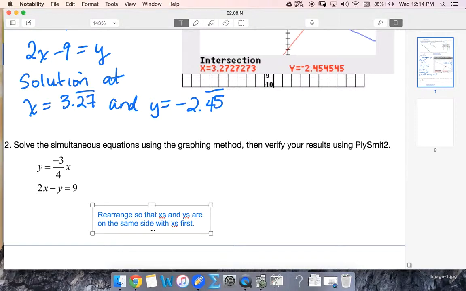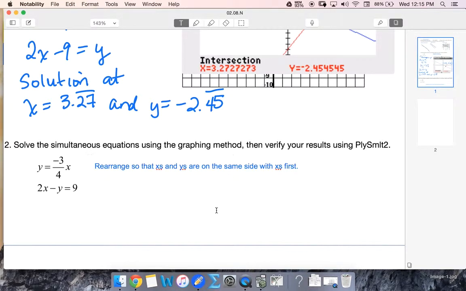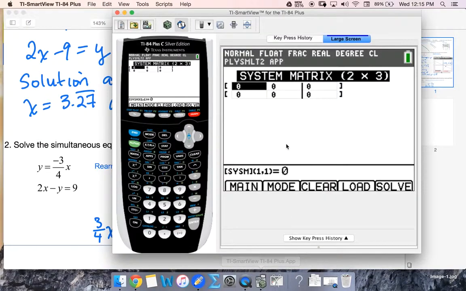So this time, our second equation is already in that form, and our first equation needs to be put into that form. So I'm going to take that first equation and I'm going to add 3/4 x to both sides. So 3/4 x plus y. When I add 3/4 x, negative 3/4 x plus 3/4 x makes 0. So there's my first equation. Here's my second equation. So coming back to my calculator